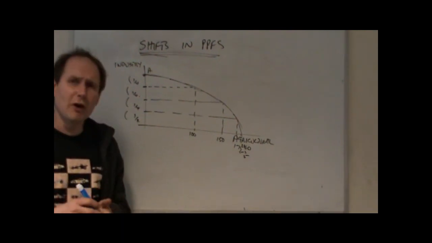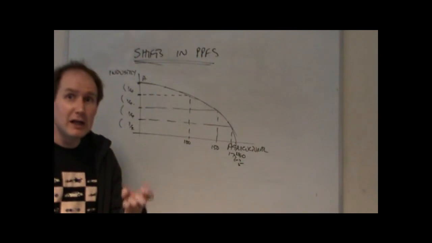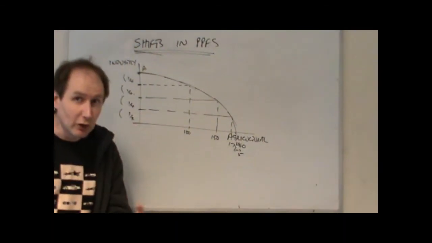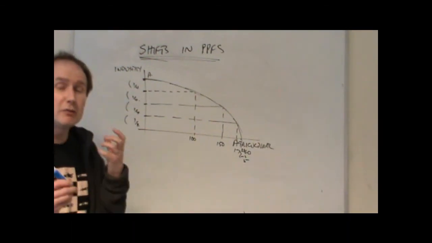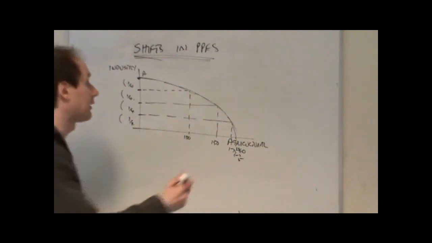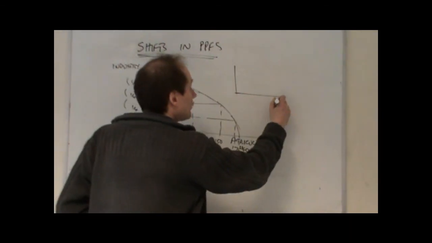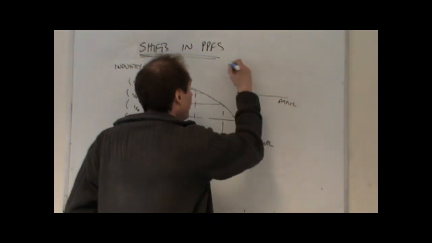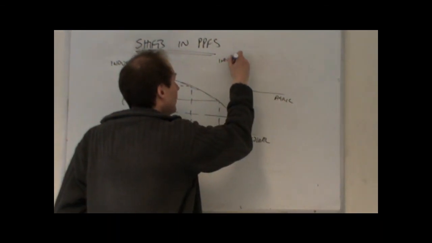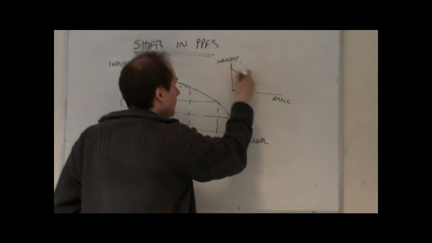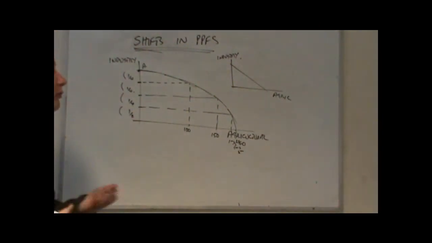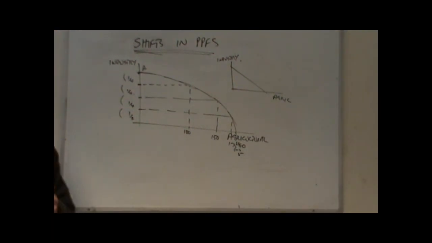Whereas if resources were really perfectly substitutable, if we could switch them easily from one sector to another, then under those circumstances there would be no problem. If all land was the same, and all workers were the same, and all equipment was the same, and so on, then we would get a completely straight trade-off. There's one